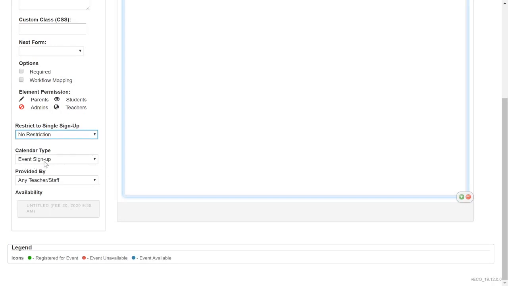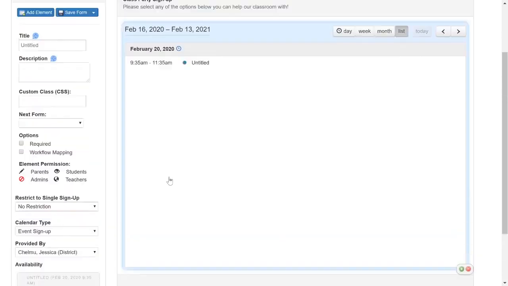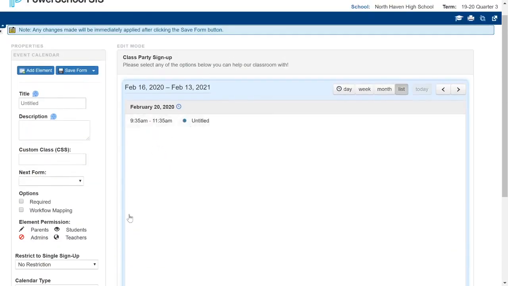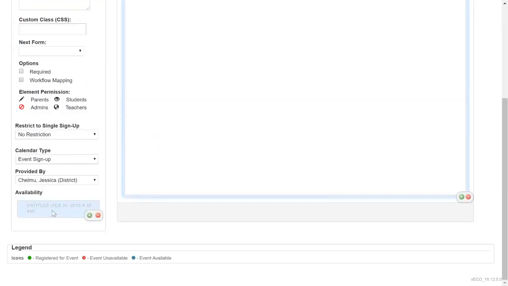It will default to event sign up, and that's the only calendar type we have available. And then in here, I'm going to choose my name. Now this at the bottom, this gray box, but notice it turns blue when I come over it. This is this first event right here. So to edit this event, I click on it,